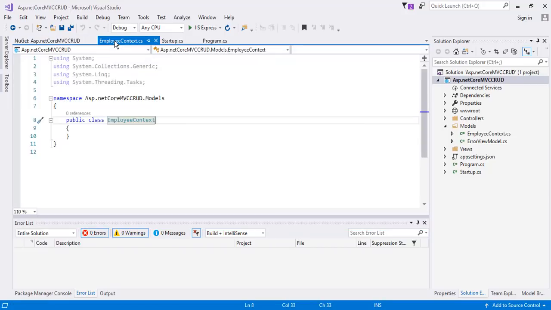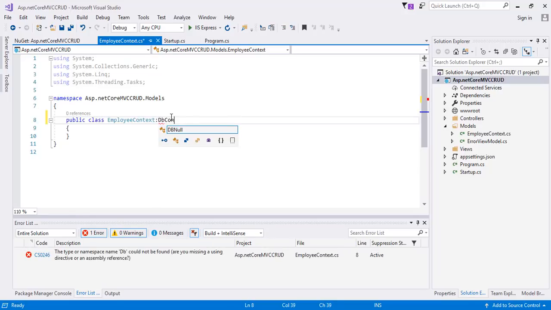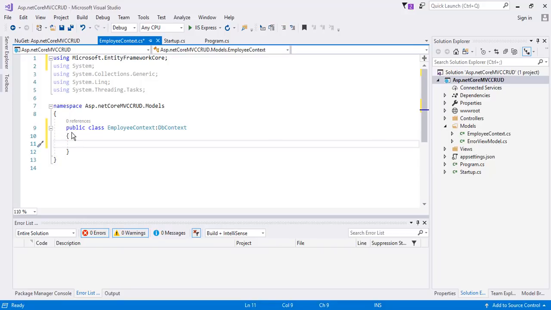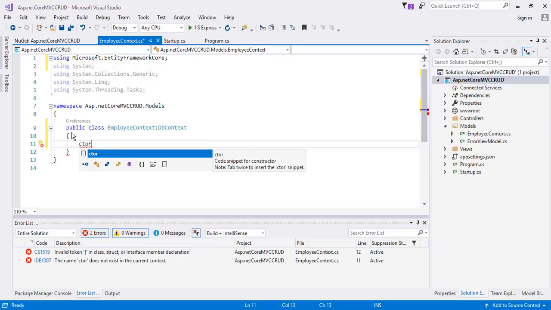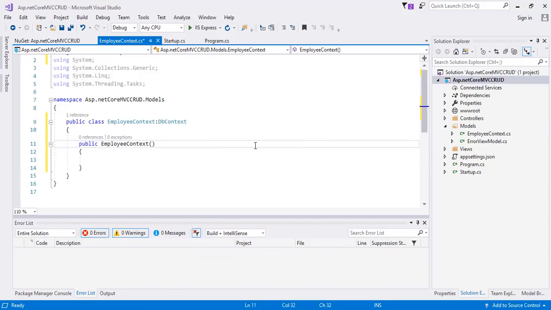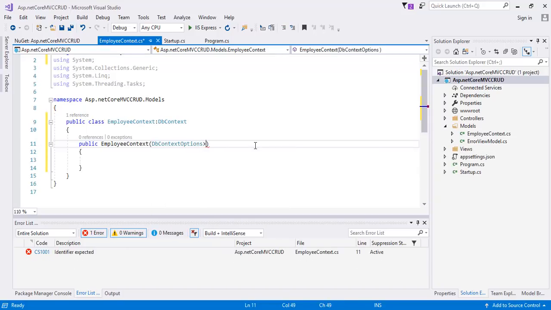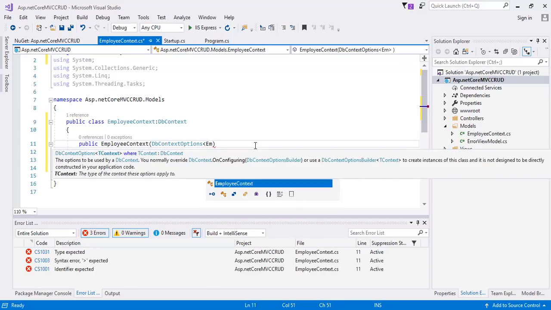Now back to the EmployeeContext here. Here we are going to inherit this class EmployeeContext from the DbContext class. In order to add the corresponding using statement, hold Control, then press period. Now click on this using statement Microsoft Entity Framework Core. Now let's add the constructor for this class. For that, you can use the snippet ctor, then double tap. For this constructor, we will have this parameter DbContextOptions, of the type EmployeeContext,